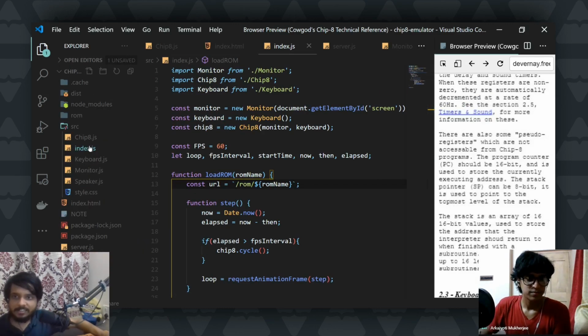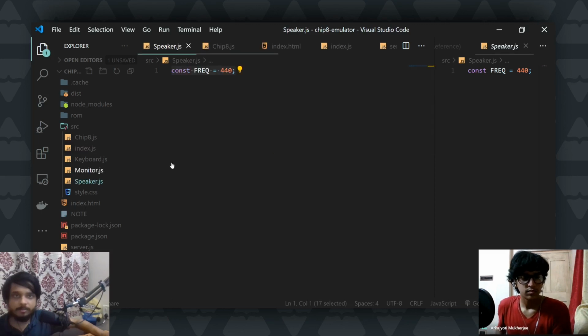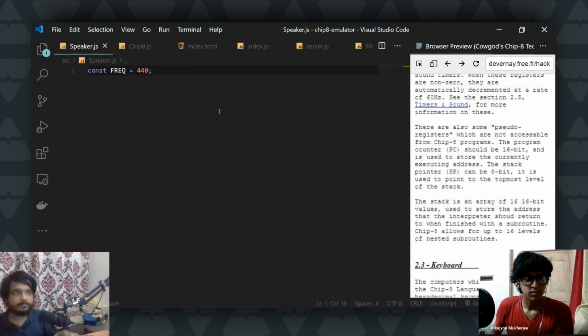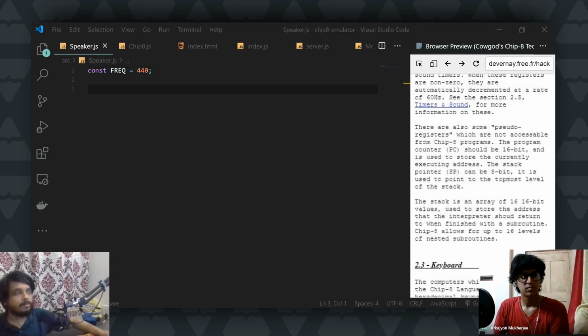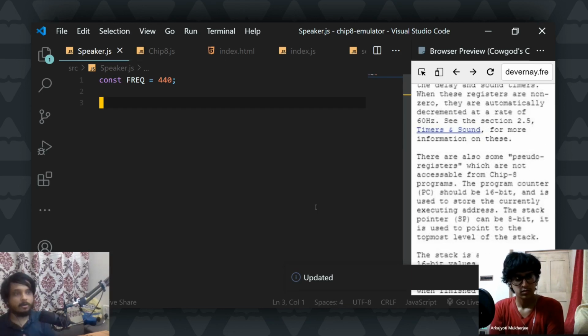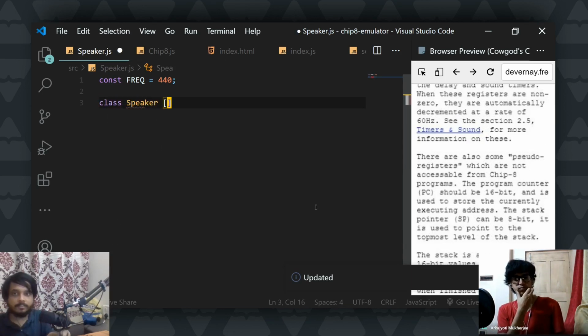Now let's go to the last phase. Let's implement our speaker. Where is the speaker? Okay, it's opening there. Let's come here. Okay. Let me collapse this, and we are now going to implement our speaker. So in the speaker, we'll actually use a bit of what do they call it? Web audio API. So let me just declare this class speaker,